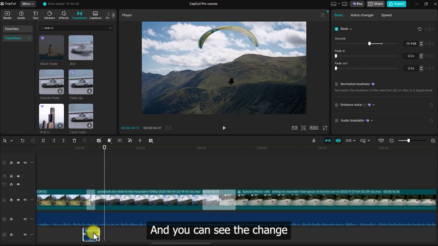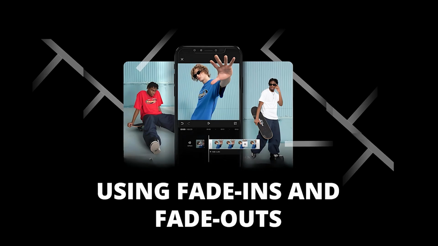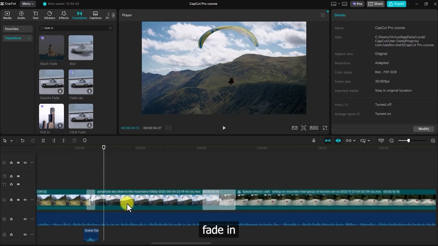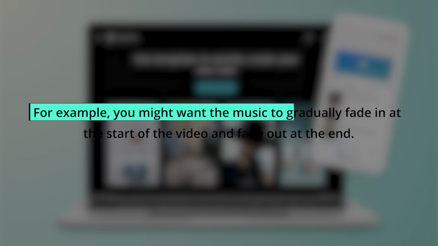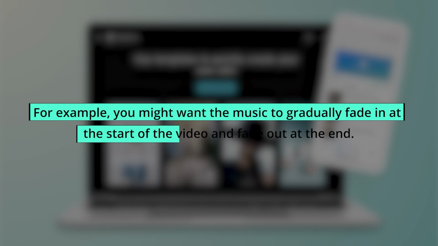And you can see the change in bar as well. When you just increase that, it just goes up in here, and when you just keep it a little lower, it just goes down. Using fade-ins and fade-outs. Fade-ins and fade-outs can help create smooth transitions between audio layers. For example, you might want the music to gradually fade in at the start of the video and fade out